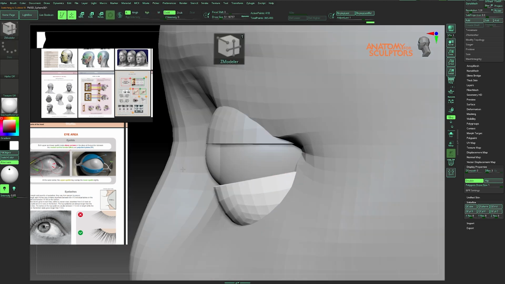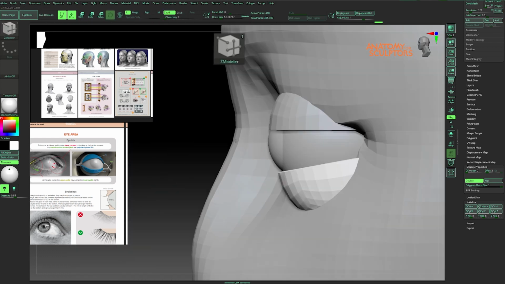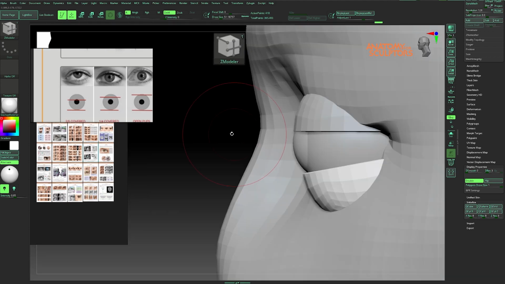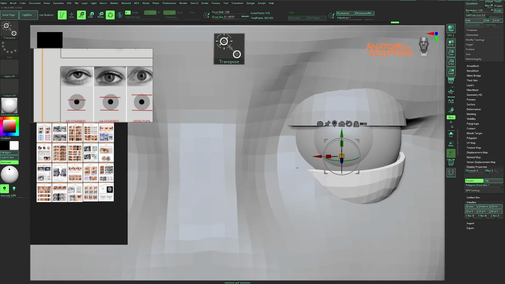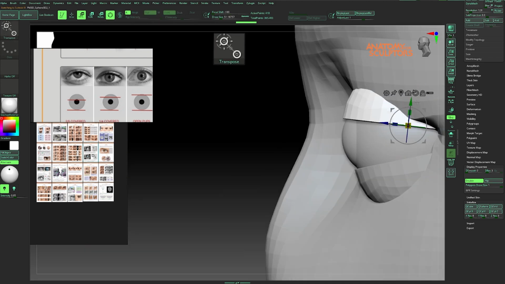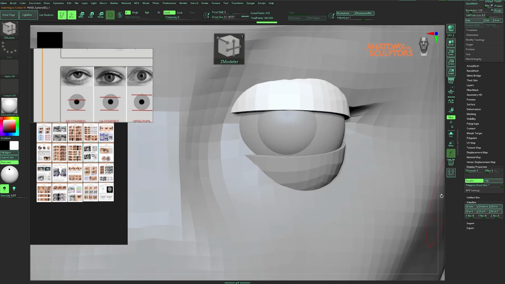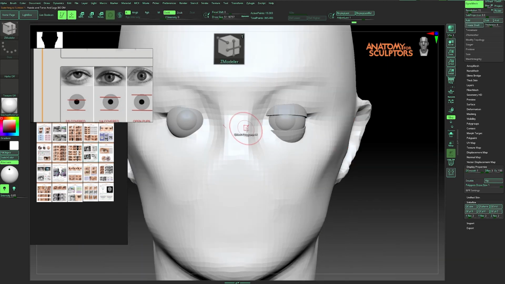As I said, rotate the upper eyelid just a little bit, and the opposite for the lower eyelid. Eyelids are not as straight. Here, pay attention to the reference picture on how the upper and the lower eyelids cover up the iris. The upper eyelid will always cover a portion of the iris. The amount varies in different people. But if you don't follow this rule, your character will look surprised.